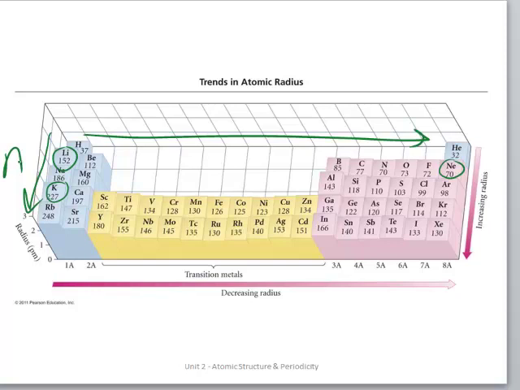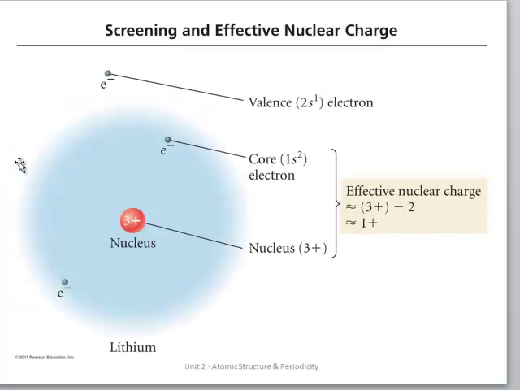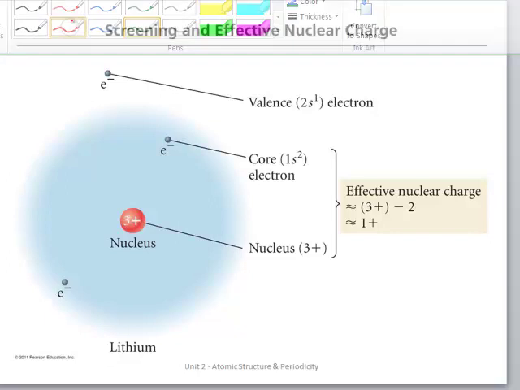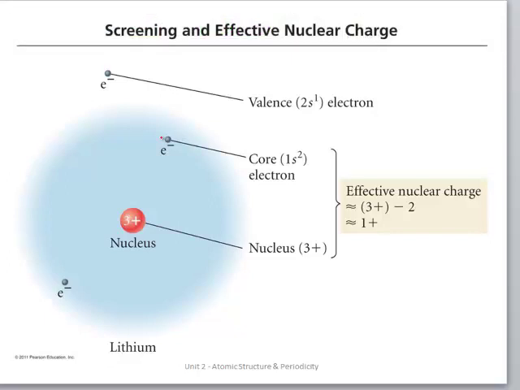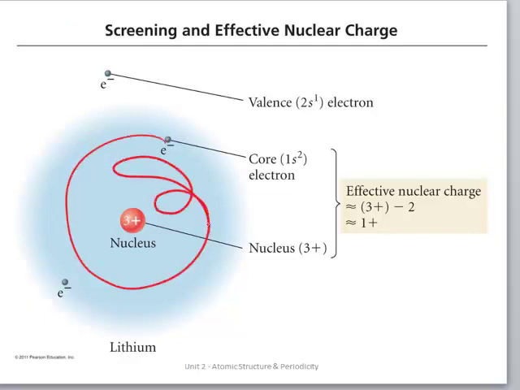But what is the difference between lithium and neon? Neon has more protons, more electrons than lithium, but its radius is actually decreasing. Okay? To figure out why that's occurring, we have to go back to the idea of shielding, and a new term that we're going to utilize called the effective nuclear charge. Remember that if we take a look at lithium, the electrons in the 1s orbitals are flying around at very high velocities, and they shield or block some of the charge that the 2s one, the valence electron of lithium,